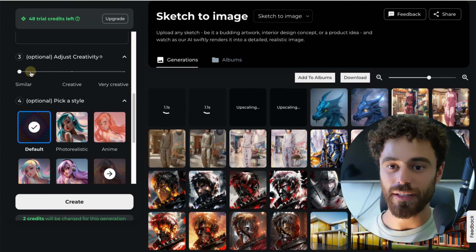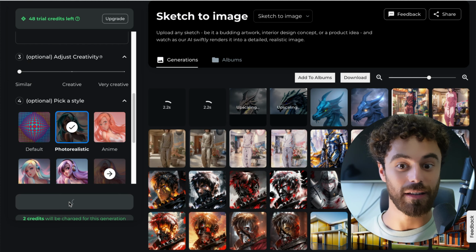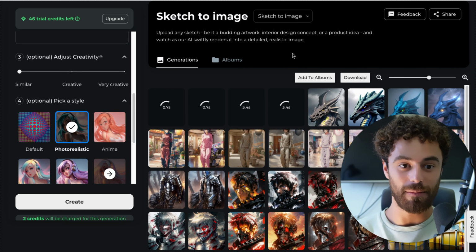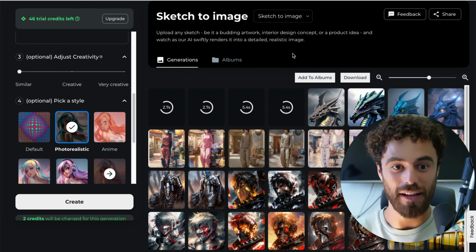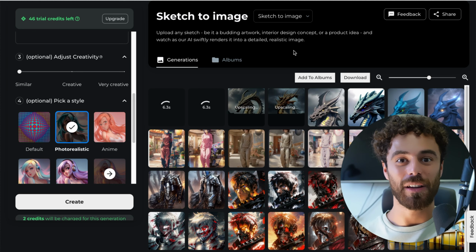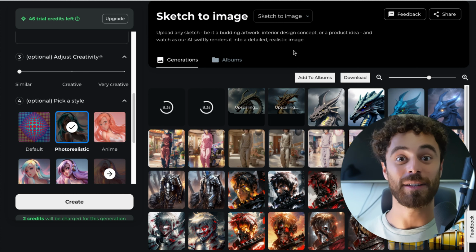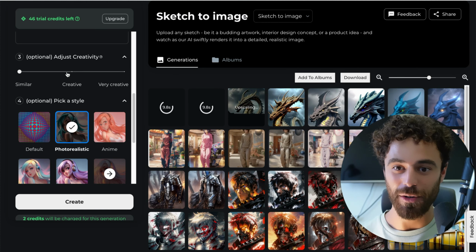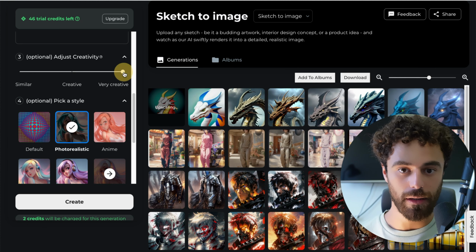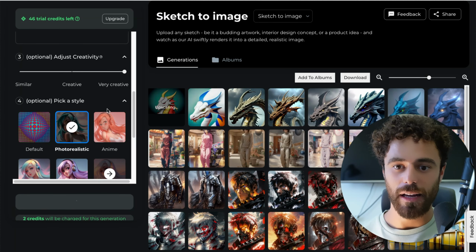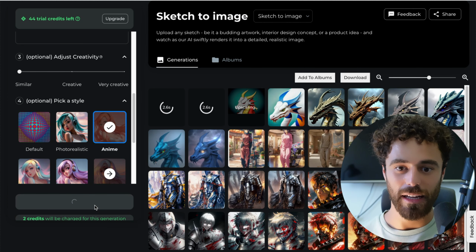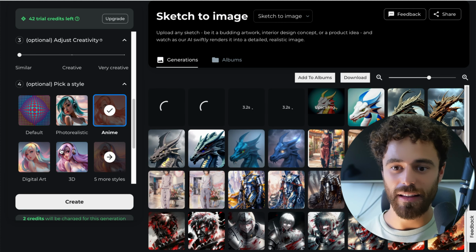And now let's do similar, but photorealistic, okay? It's going to generate two. I need these two to be done before I actually create another one. This is why you might want to buy the premium plan, so you can create as much as you want. So, okay, let's do very creative, photorealistic, and click on create. And then I like to do anime, but this time similar, and click on create, generate. And then I'd like to do